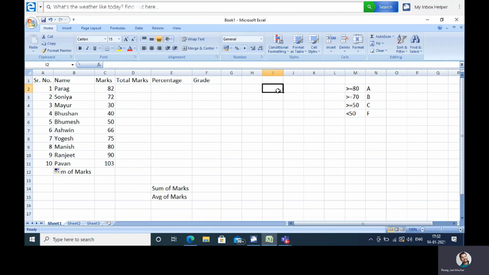For example, suppose you want to print the multiplication table of 3. So 3, then 6, and then you want to print the remaining numbers. So select both these cells and then drag. So this is the multiplication table of 3.